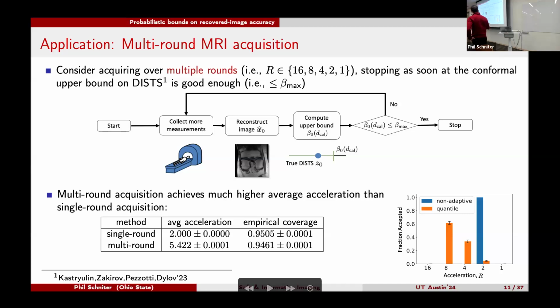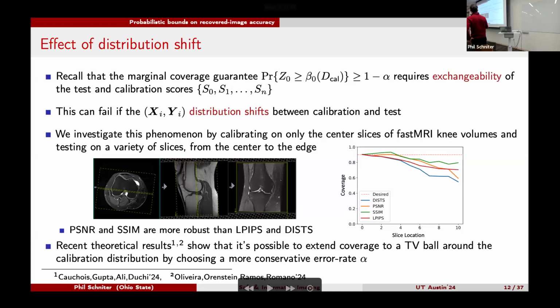Okay, great. So another question that you might ask is that this whole procedure, all of this validity, is based on this idea of exchangeability of the scores, the test and calibration scores. And the reviewers are always critical of this, and they're always like, yeah, but in practice, there's going to